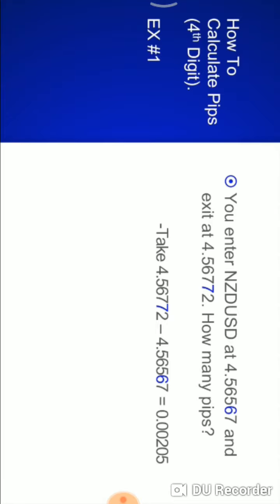How do you actually calculate them? Remember, the pip is the fourth digit. So here's an example. Here's a scenario. You enter NZD USD at 4.56567 and exit at 4.56772. How many pips did you gain or lose? And first of all, pay attention. Notice which numbers are the pips position. Okay, make sure you pay attention to that, because what you're going to want to do is you're going to want to subtract these numbers, but you have to know which one is the pip, which one is the one